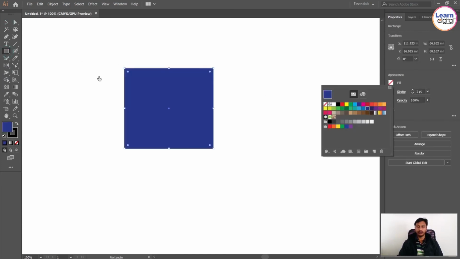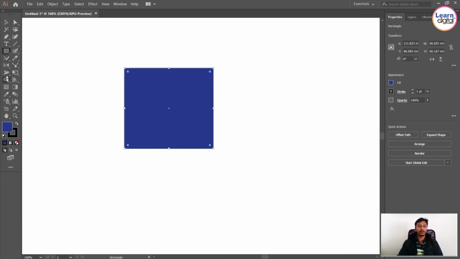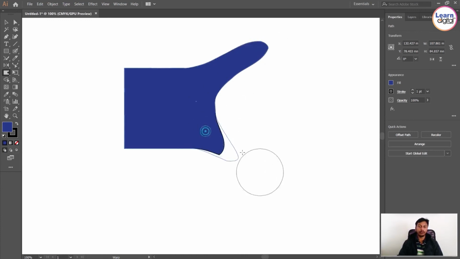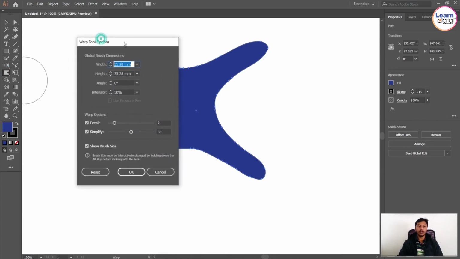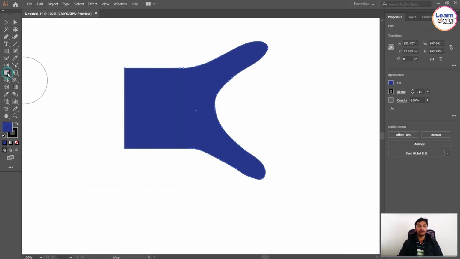Fill the color for this one. You can see, then use the tool. Here you can see this is your brush size. You can do some random designs, that means shape expansion. If you brush in some areas, automatically you can see the shape expanding. If you want to play with brush sizes, double click on that. You will get the same brush or selected tool settings over here. You can do the settings as much as you need. Width and height are the brush dimensions, you can play with them. For all the tools you will get the same thing.